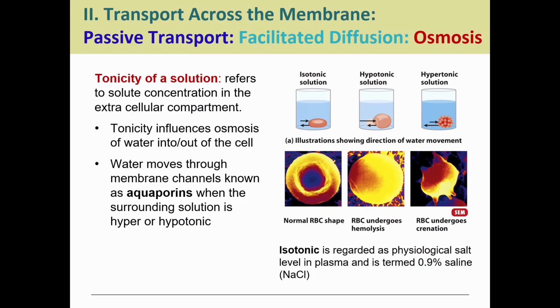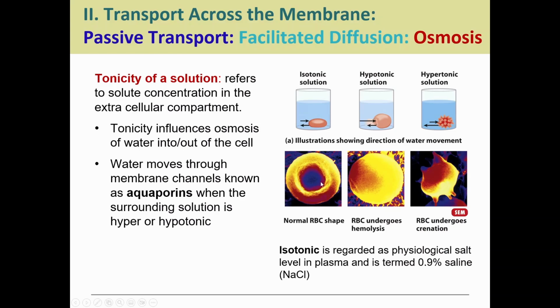In a hypotonic solution, we're saying the high solute concentration is inside the cell, so it's a low solute concentration outside. Water is going to be attracted to the high solute concentration, so it gets pulled into the cell. If it's really hypotonic, we can pull so much water in the cell that the cell will actually burst. This is called lysis. In the case of red blood cells, we're looking at hemolysis. And we see that picture down here, our little